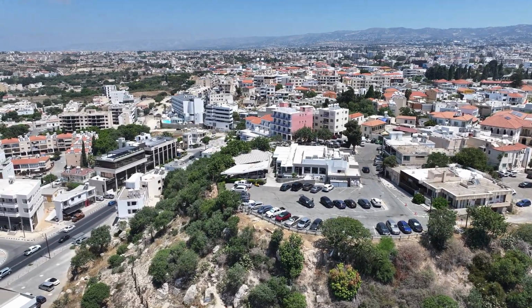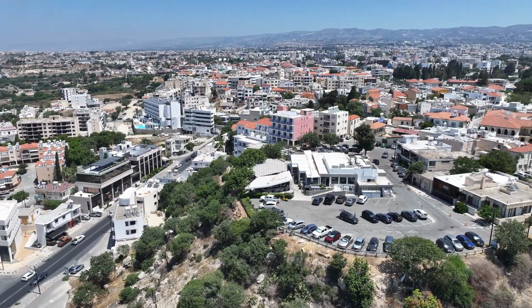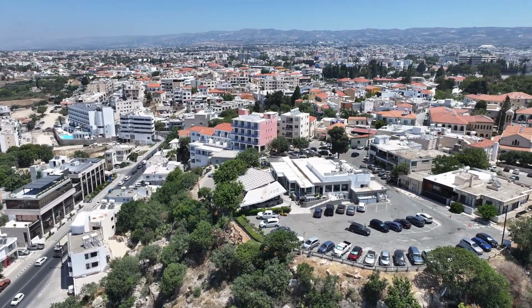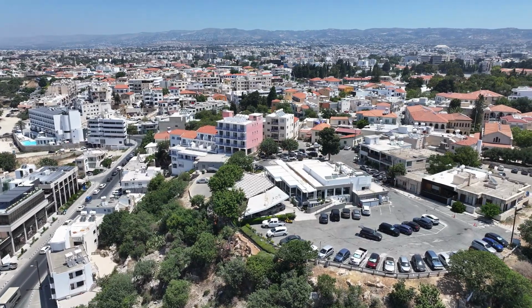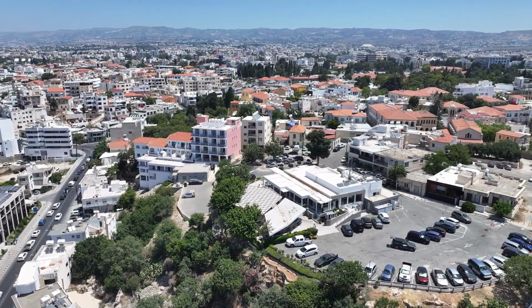In today's film we're having a flyby of Muse Restaurant with our drone, and then we're going to take in a bit of Old Town Paphos. So there's the restaurant just down below us on top of a little plateau, and that funny building behind it is the Hotel Axia Thea,